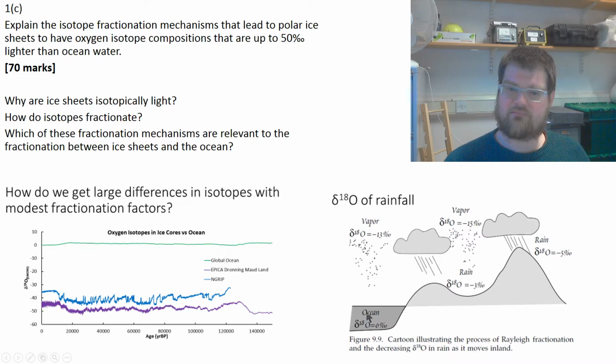in the ocean will evaporate, so there's a process of evaporation, and then that water vapor will condense out as rain, leaving behind some water vapor that's left in the atmosphere, and eventually that will rain out again until eventually all of the water vapor is removed from the atmosphere. But as that water is sequentially removed from the atmosphere, what's left behind gets progressively isotopically light. So that would have formed maybe the introduction to an answer, but we really want to look at